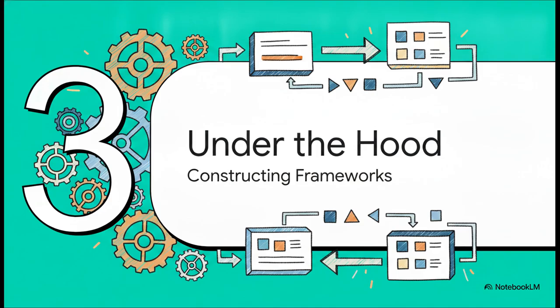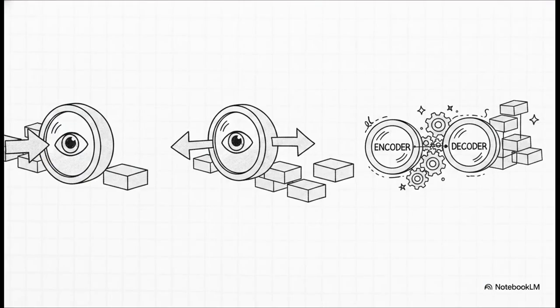Which brings us to Section 3, Architectures. Let's look under the hood and see how this framework is actually constructed. When researchers build the brain of these models, they specifically rely on the transformer architecture. And there are three primary ways they set this up. We've got the causal decoder, the non-causal or prefix decoder, and the full encoder-decoder setup. And the choice they make here? It depends entirely on how they want the model to look at past and future words to understand the context